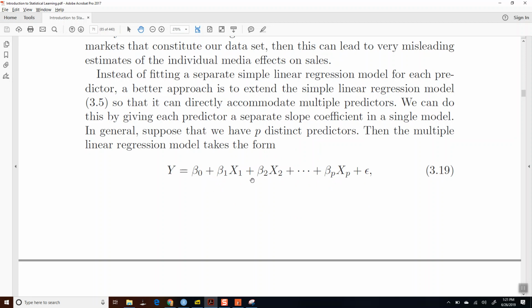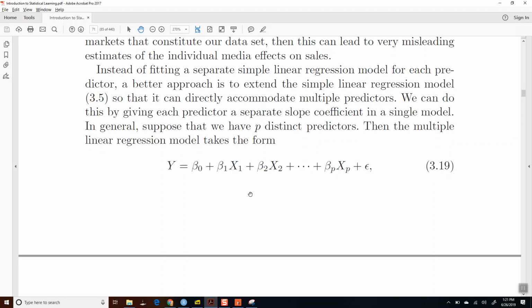You've got different x predictors, x1, x2, all the way up through xp. In our case, we've got 3. We've got TV, radio, and newspaper. Okay, so we've got 3 x's, x1, x2, x3, and then each of those has its own coefficient. You've got a b0 or beta 0, beta 1, beta 2, beta 3, right? And so this is the form of the model that we are going to estimate,